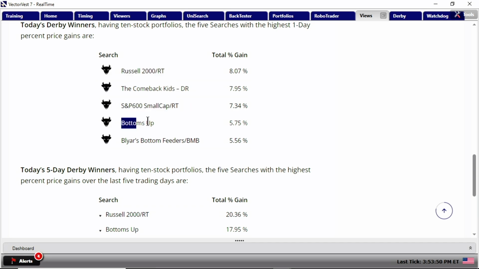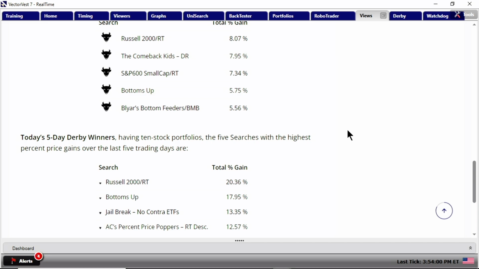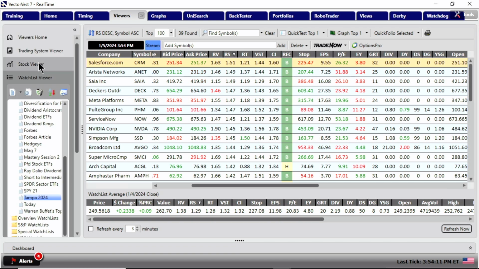It's right in VectorVest views. I prefer to see all of them, all 5 bottom fishers. But this is 4 out of 5. They're moving. Bottom fishers are moving. Now there's one in here called Bottoms Up. Has anybody ever heard of Bottoms Up? I hope so, because if you go to viewers and you go to trading system viewer,